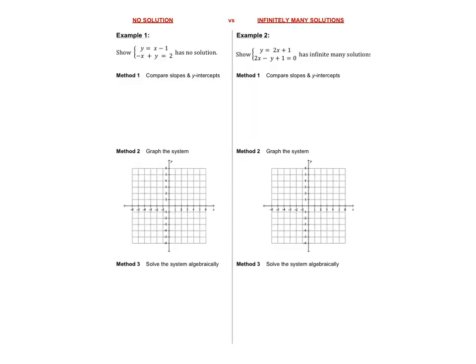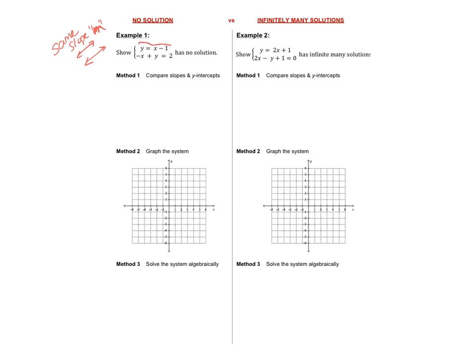Okay, so this first one says that there's going to be no solution. Well, we know from the graph from before that no solution means parallel lines, because they're never going to intersect. And what else do we know about parallel lines? That was the old definition, that they'll never intersect. But the algebraic definition is that they have the same slope, the same m. So let's take a look at what that would look like.